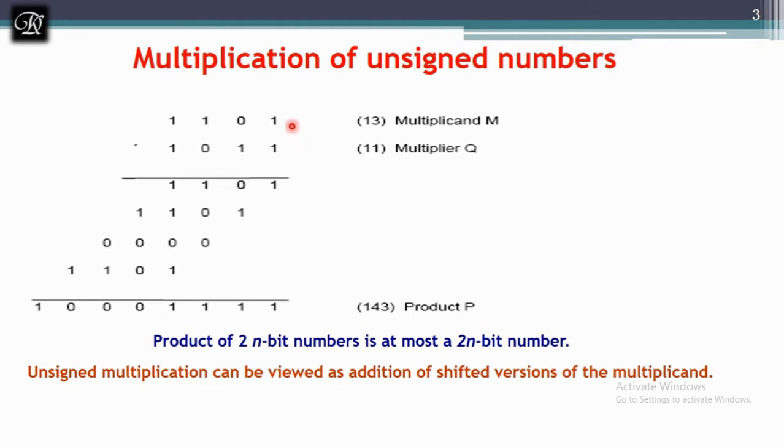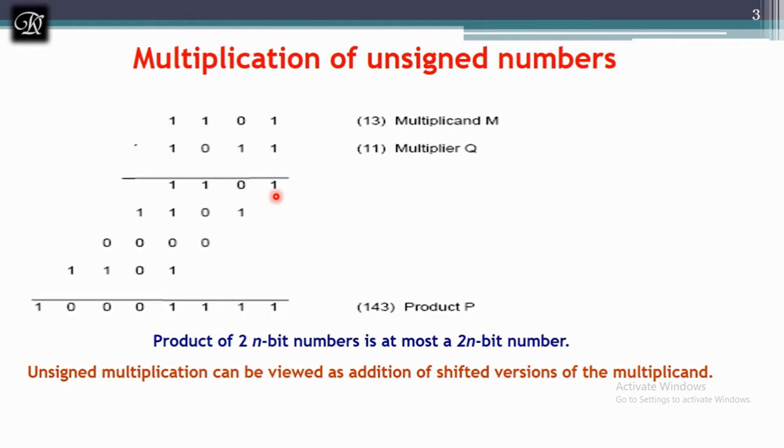Let's see how we perform the multiplication in the school-day technique. Take Q0 from the multiplier and multiply the complete multiplicand M with Q0. That is, when I multiply 1101 with 1, I get 1101 in the partial product.